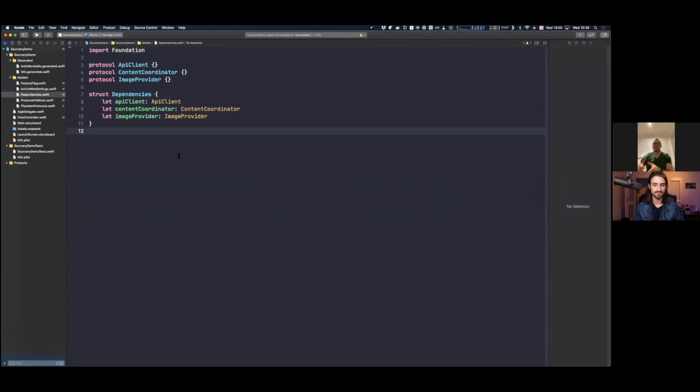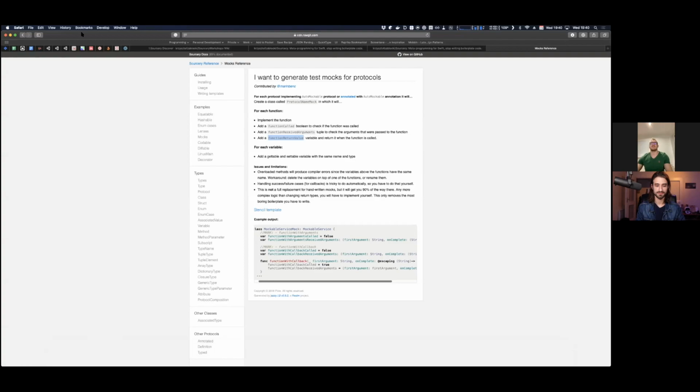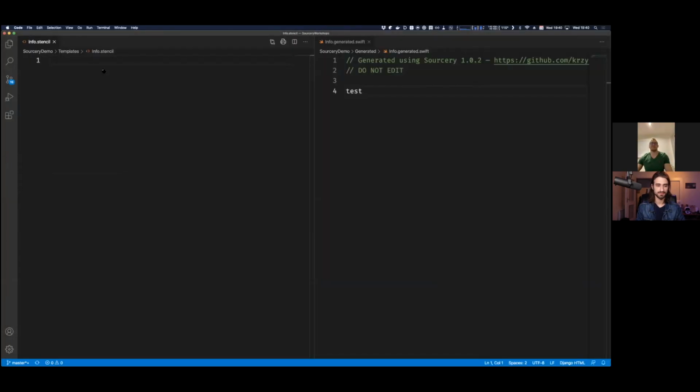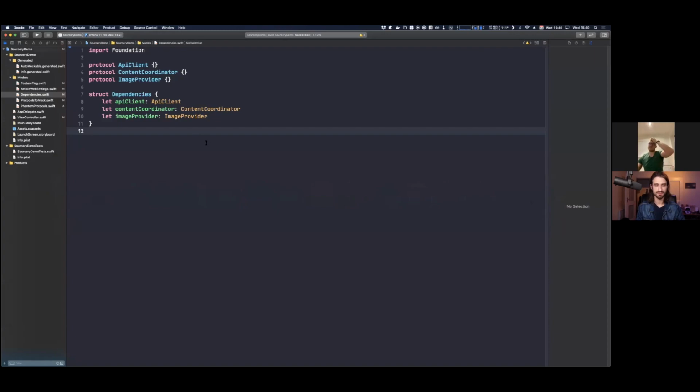And the nice thing with the watcher is, unlike Swift, you don't have to wait for things, so you can prototype things very quickly, which makes it very powerful. So if, let's say, you want to write your own template, the way I normally do it is I just write Swift code that compiles and then copy it and